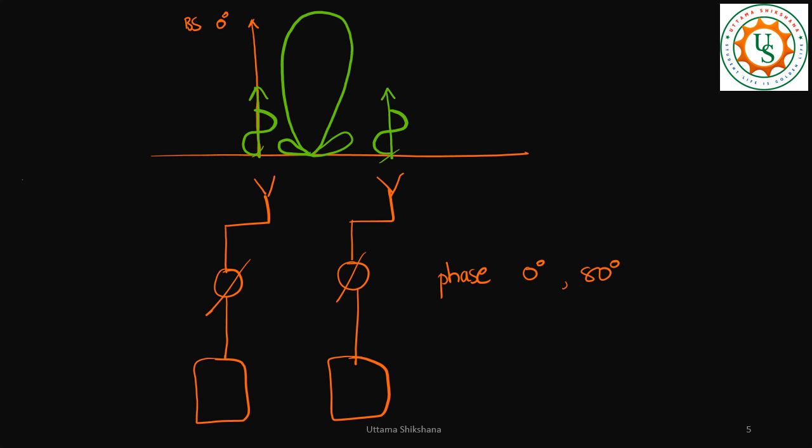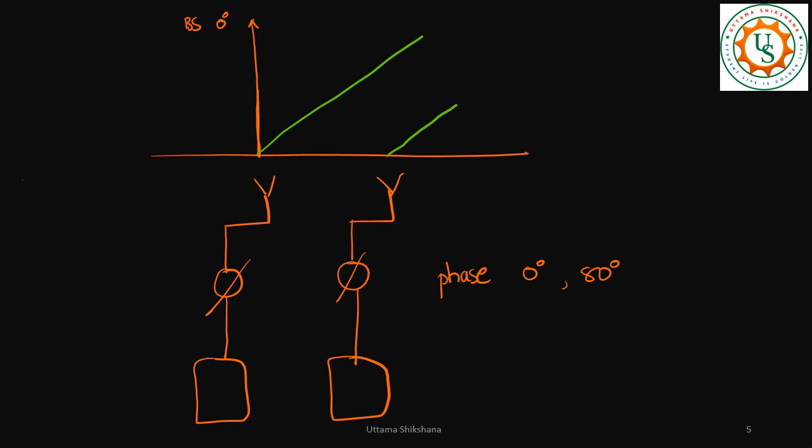Now the thing is that we need to form the beam in a different direction. So for that, let us see. Okay, I will just remove these items. Now what do we need? We want to transmit the beam, let's say, in this direction. Then from both the antennas, the signal should travel like this. Now the thing is that,